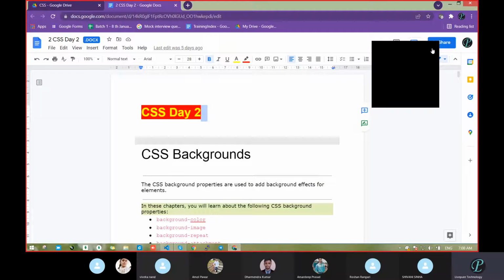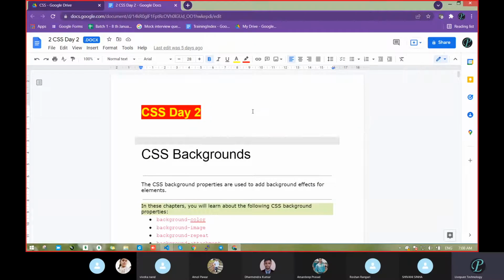Okay, so yesterday in day one we saw how we can use CSS. What is external CSS? What is internal? What is inline? Three types of CSS. We know there is no contradiction while writing, meaning we can go with any one, but which is the best one which we have to follow: internal, external, or inline?